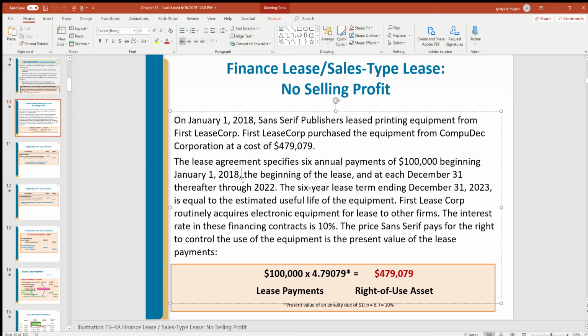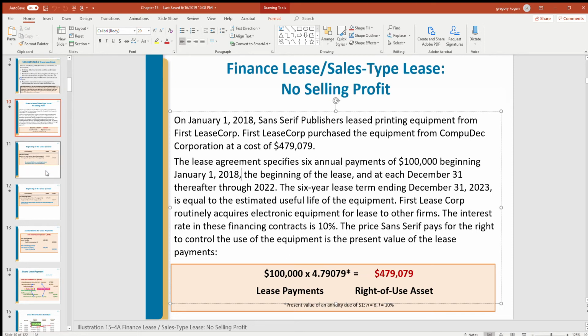We're going to continue with an example now. So we have a finance lease example here, sales type lease, no selling profit. On January 1, 2018, Sans Serif Publishers lease printing equipment. First Lease Corp purchased the equipment from CompuTech Corporation at a cost of $479,079. So we're continuing with the same example, and essentially we have lease payments and right of use asset at